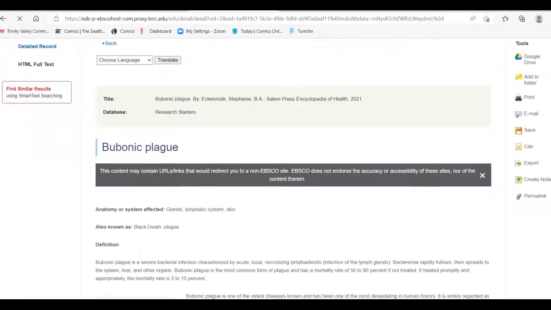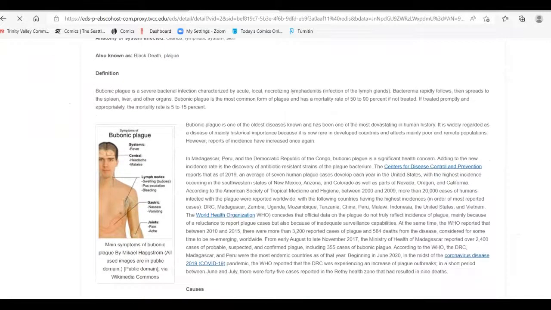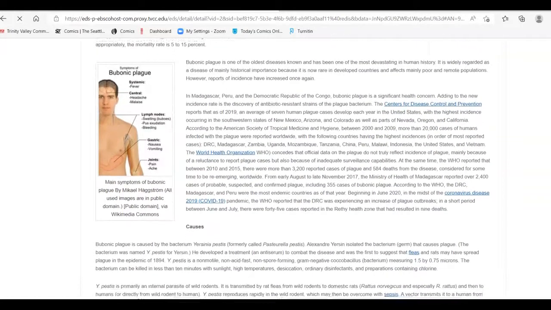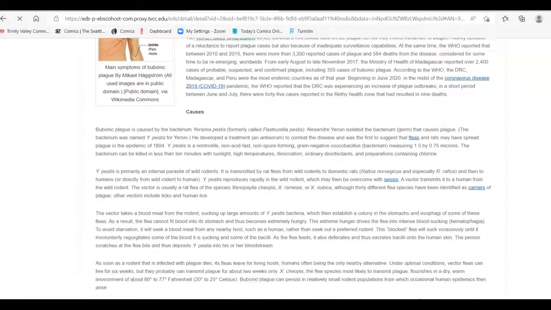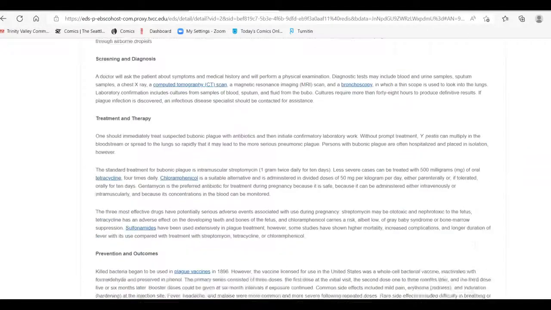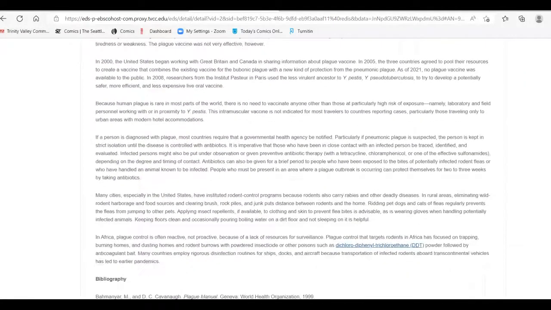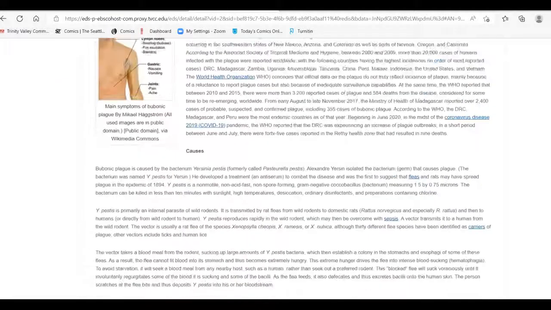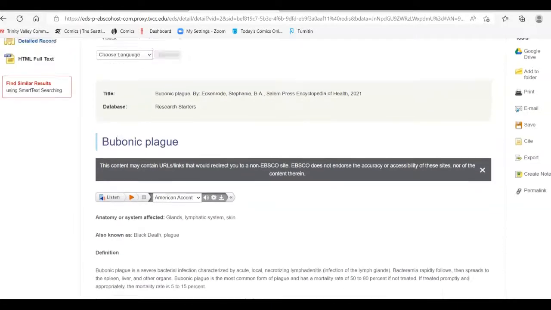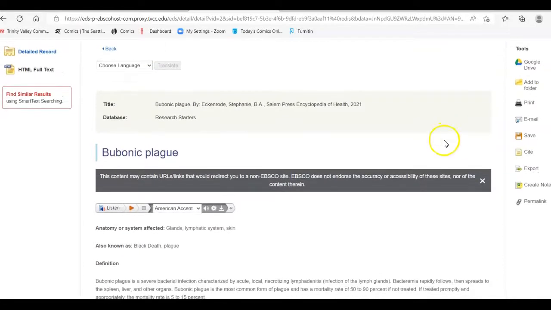What this will do is offer you sort of a basic understanding of the Black Death, the plague. You'll see some of the details here that are offered, the causes of it, other aspects to it, the risk factors, symptoms, all of these details. Just a sort of a general understanding of what it's like. It's generic, it doesn't go into the history of it, it just goes into some of the basic details. It's a place to start. But the reason I want to show you this one, it does give you some details, and right over here you will also see the citation tool. So if you click on that,